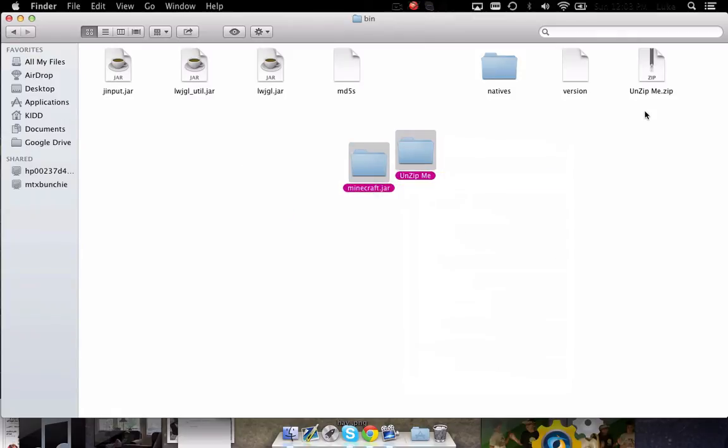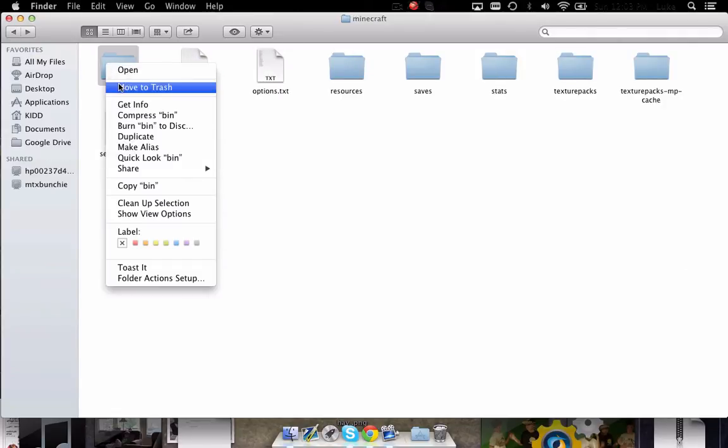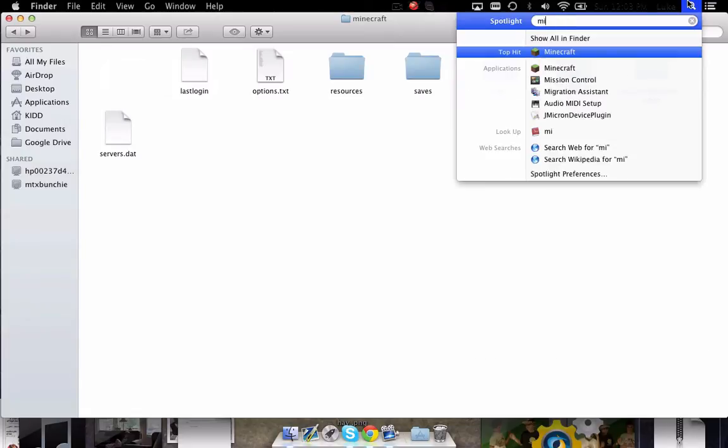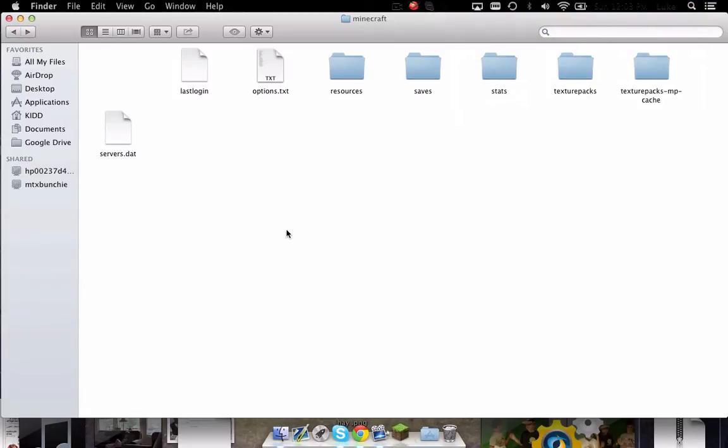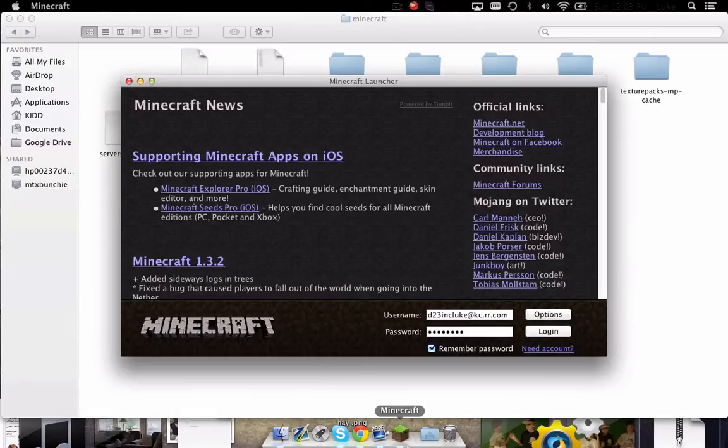Sorry, guys. So you just basically want a fresh Minecraft.jar with no mods on it. So I'm going to do that right now. I'm going to just delete my bin and load up Minecraft. So yeah, once you have a fresh Minecraft.jar with no mods, not a client, nothing, just one that you can get right after you install the game,